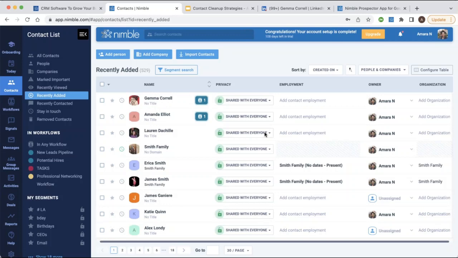And yes, one more question here. If I created a workflow on my account, can other users see them? Yes, they'll be able to see the workflow